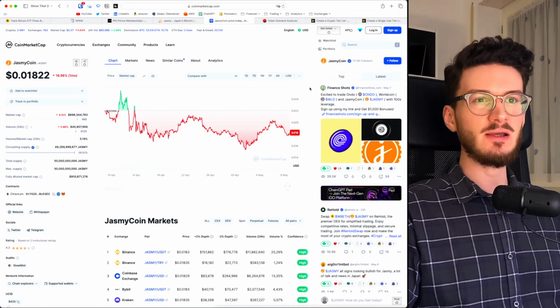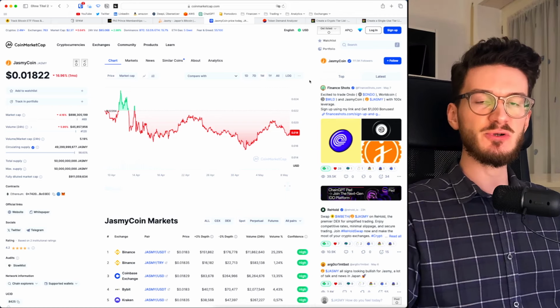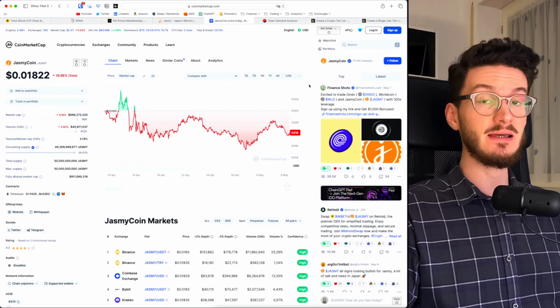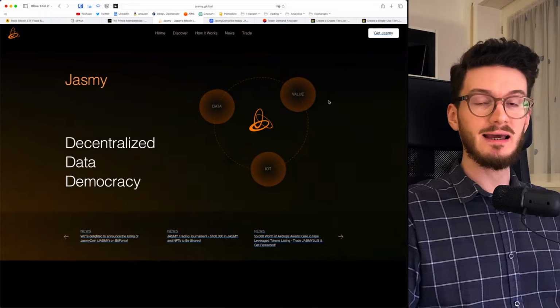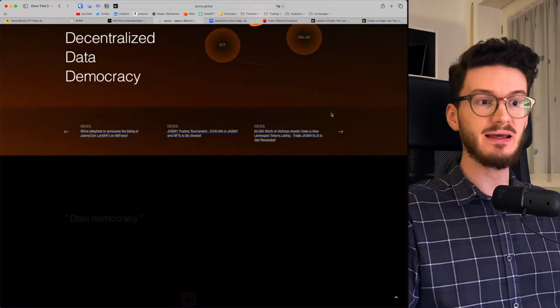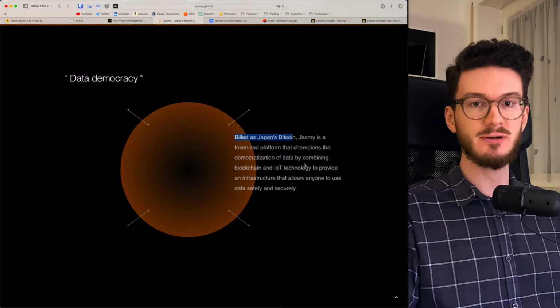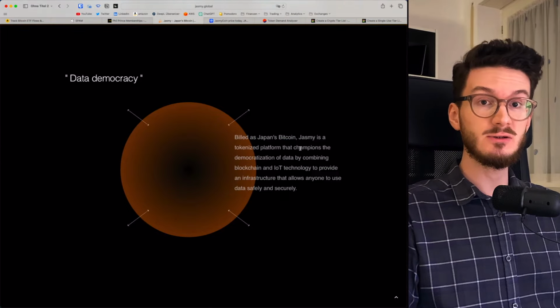Now, Jasmy Coin is really one of those interesting projects. Not too many people know it. It's not that super shiny object. It's been around for some time. It has real utility, and they're pretty much keeping it under the radar. And that is because Jasmy is a pretty local project. It is based in Japan. It's even built as Japan's Bitcoin, and they're mostly active in the IoT sector and are working with big Japanese